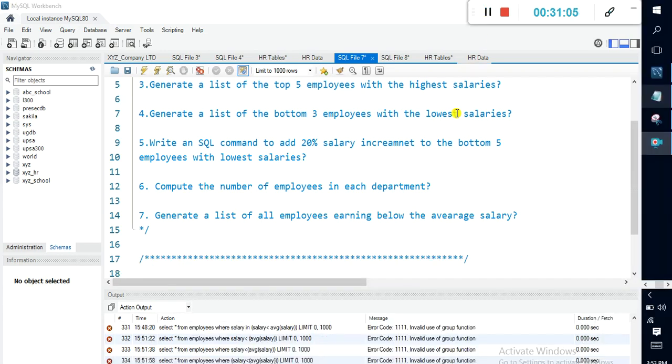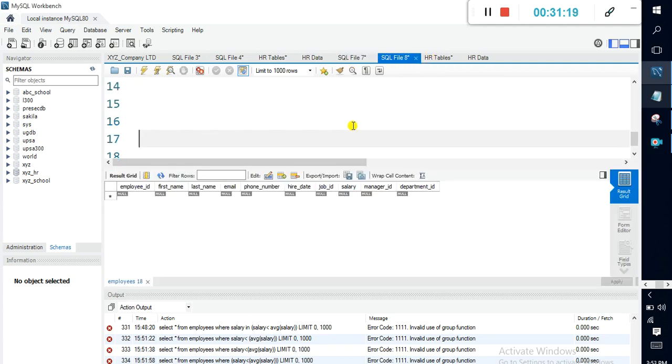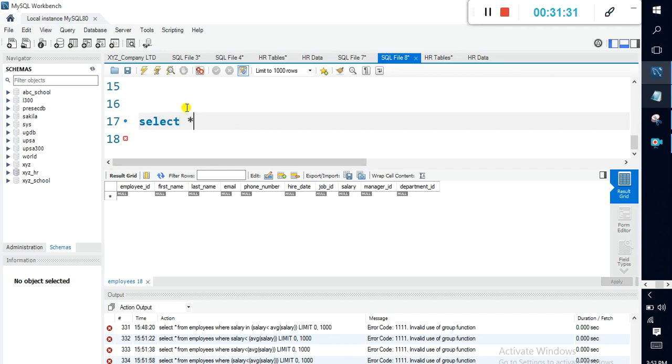Okay, so let's answer the question. The list of all employees earning below average salaries, there could be so many ways of doing it. So let's start by saying we want to select all from employees. Let's bring our where clause here. So where